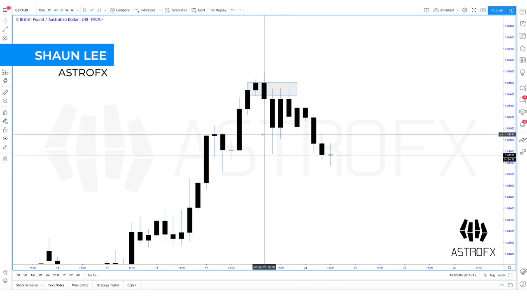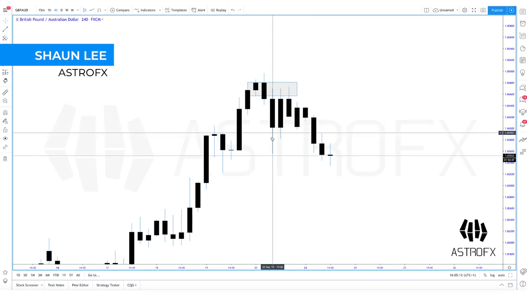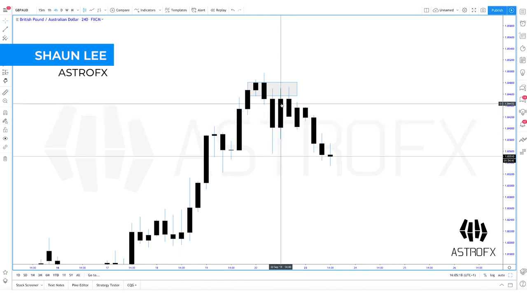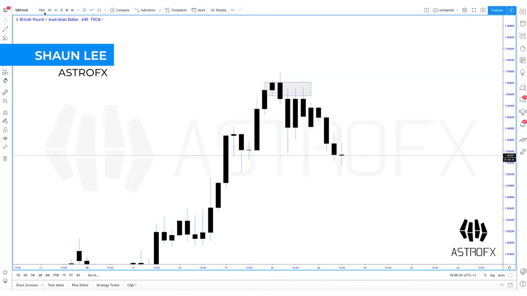It's just a small goal of mine. So I like to keep the crosshair black, keep it nice and clean, and I can just see by eye certain areas and levels which the price is reacting to and from. So here we can see spike in, spike out, and this is the bullish engulfing. I know it's a bullish engulfing even when it's black, because I've been trained to read the candlesticks for so long. But what I'm actually looking for in this area, if I was short on the 4-hour or the hourly,